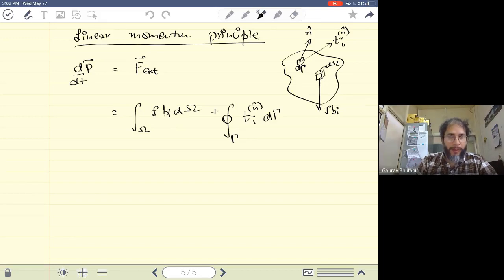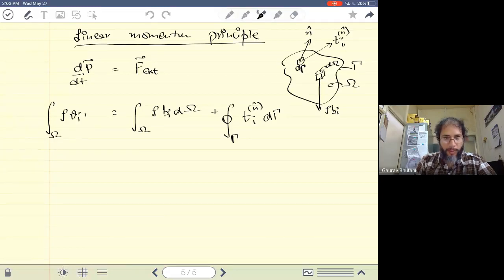And the left hand side, which is the material derivative of the momentum. Now, momentum here is the extensive property. So momentum can be written as, this is the total momentum acting on the complete volume that we have written as omega. Let's call this omega. And the total surface area is gamma, just for clarity. So this momentum is an integral over the complete volume. And momentum, as you know, can be written as your density times d omega, that's a small mass dm, times velocity vi.